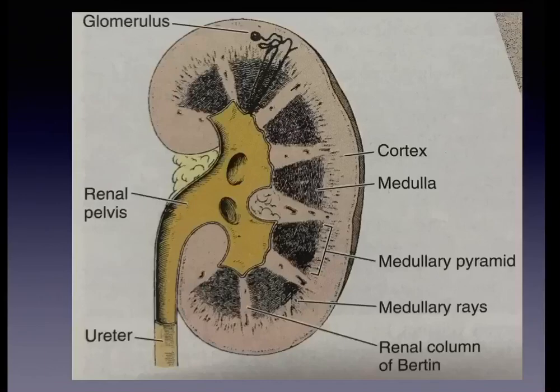And the renal cortical tissue which is present in between the pyramids of the medulla is called renal column of Bertin, which again contains interlobar arteries. The medulla of the kidney is made up of renal pyramids, which consist of loop of Henle and collecting ducts. The tip of the renal pyramid is called the papilla, which is nothing but an opening of each renal pyramid for the passage of urine, which is collected from the collecting ducts and goes down into the minor calyces.